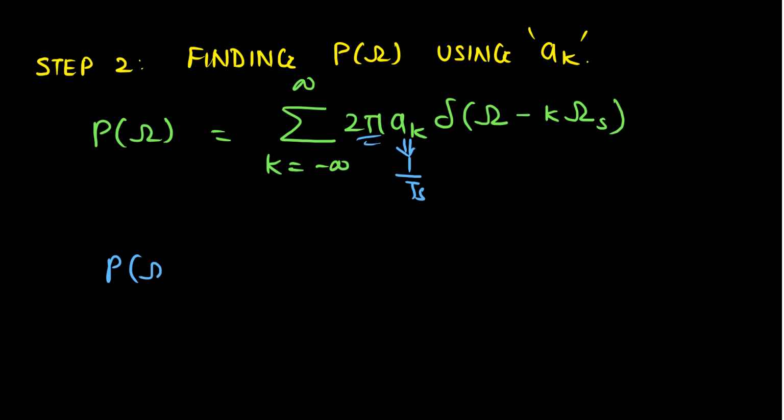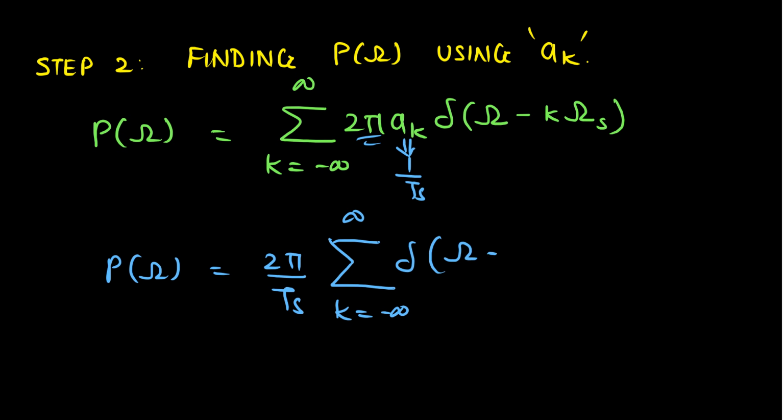Therefore we have P of omega is equal to 2 pi by Ts into summation k running from minus infinity to infinity del of omega minus k times omega s. So this is the Fourier transform